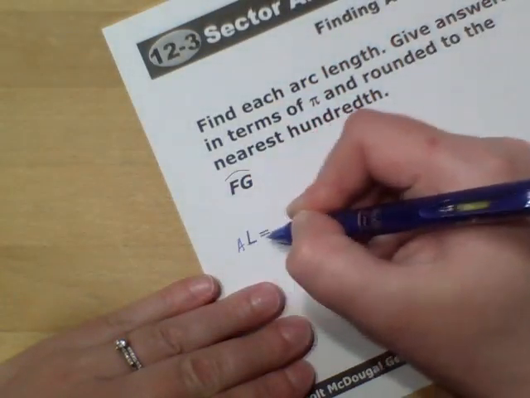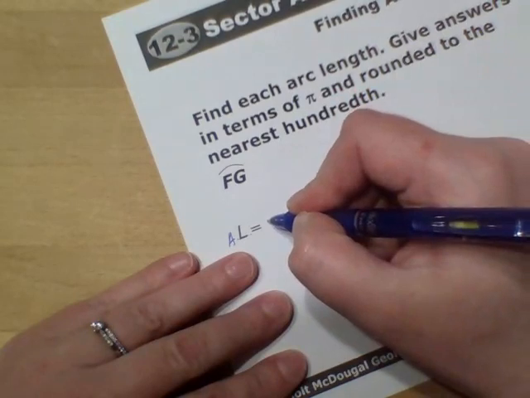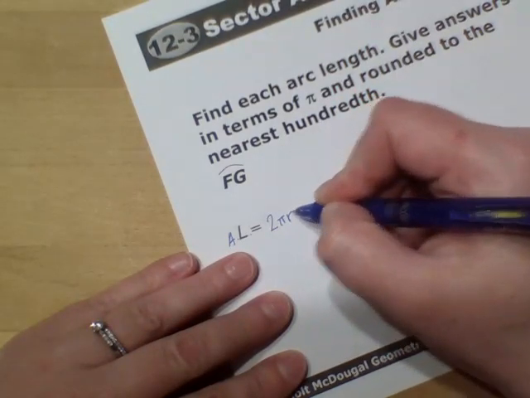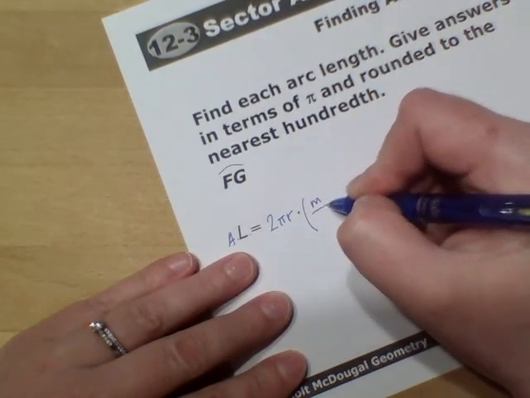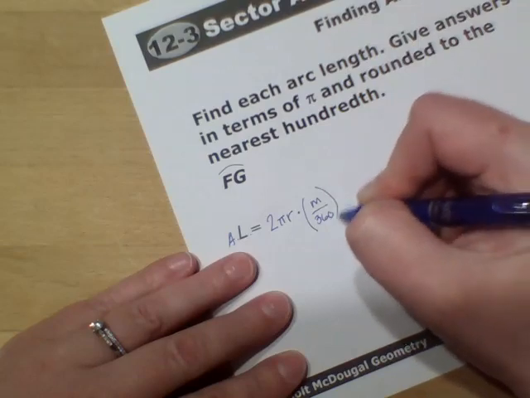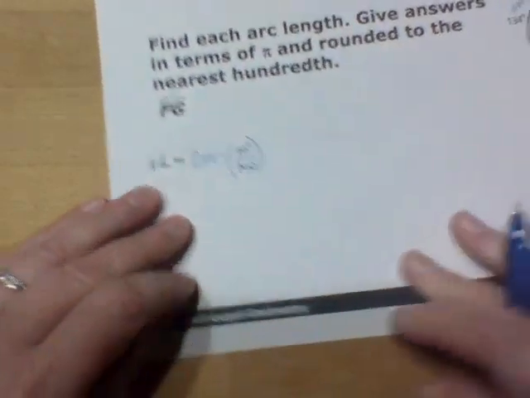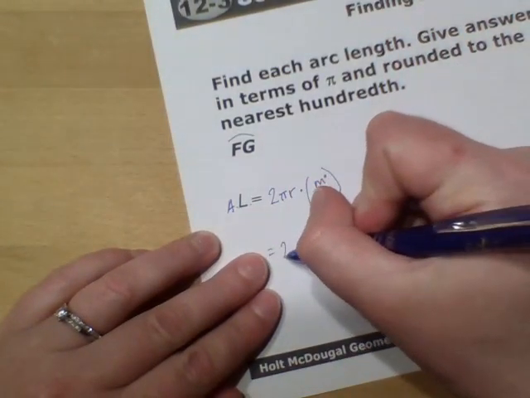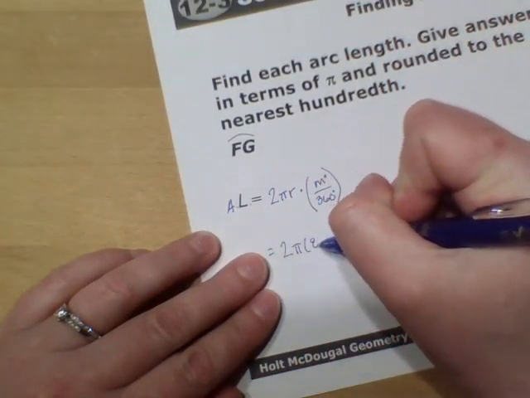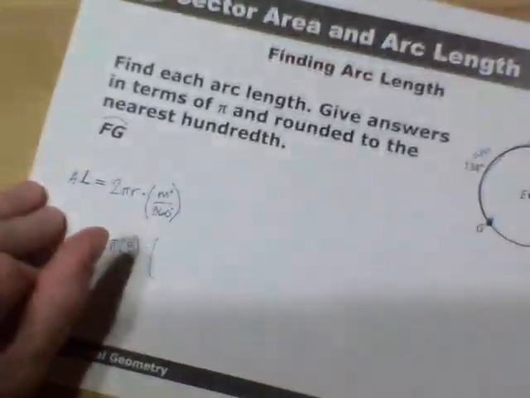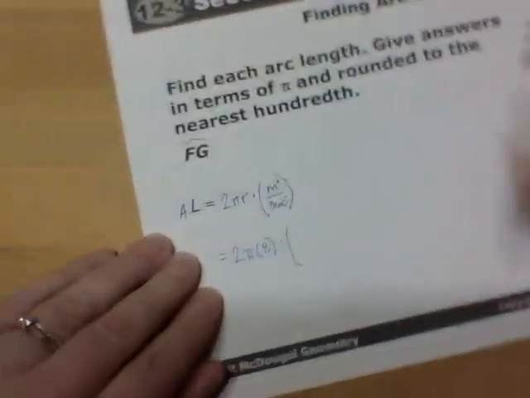So the arc length formula, again, L or AL, is going to be 2 pi r because that's the circumference, and then times the measure over 360. So our r is going to have an 8 in it, and then our measure is 134